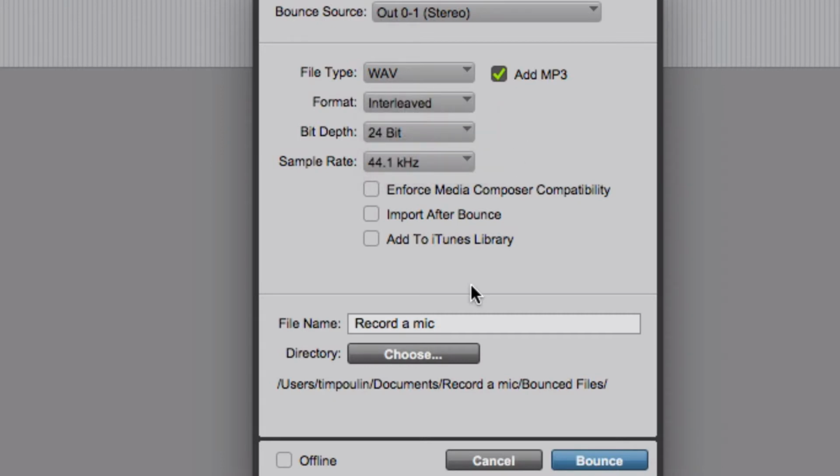When you're done with all that, choose a location, and it should default to the place that you had originally saved it in a new folder called Bounce Files inside of that first folder. Hit offline. If you don't hit offline, it'll take the length of your entire piece of music to export this. That means if your music was 5 minutes long, it would take 5 minutes for this to export it. Offline makes it go as fast as your computer can handle it. So I hit offline, bounce,